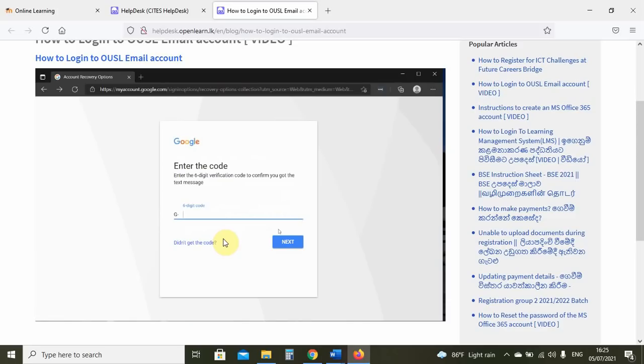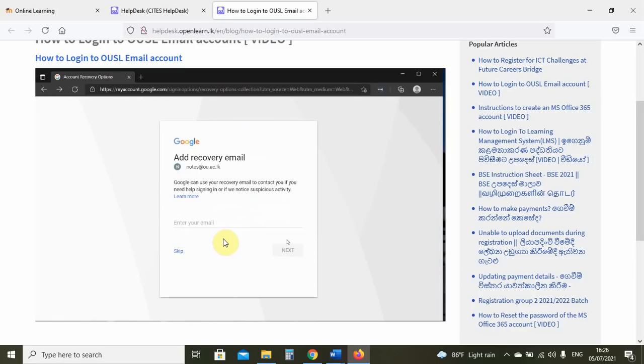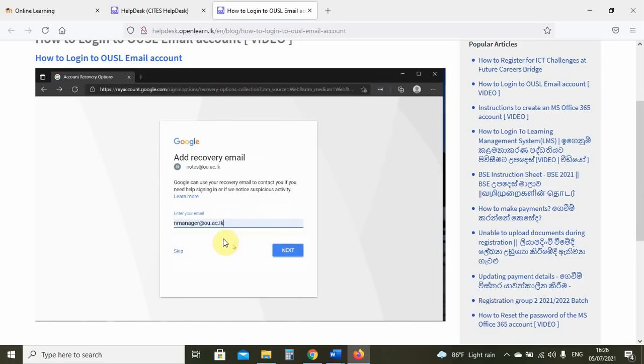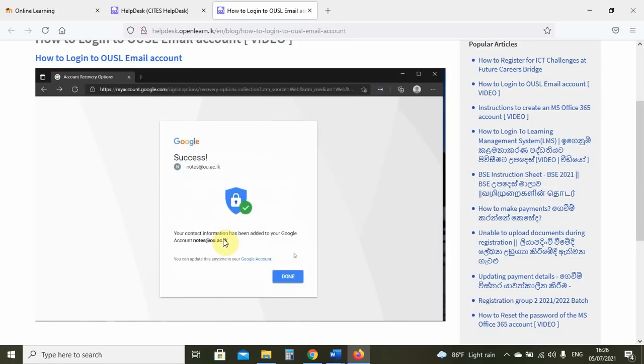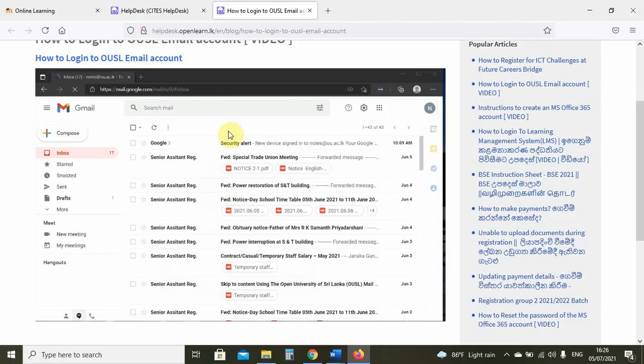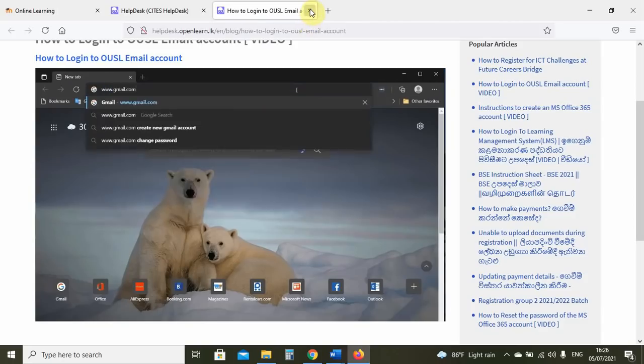If you lose access to your Gmail account, we hope that you have understood how to be safe on the internet and set these recovery methods, right? So when you set the recovery methods, it sends you a code to the mobile phone number and to the email address, because Google is checking about it. And then, so please review this GIF very carefully on the help desk and follow all the steps to set up your account.